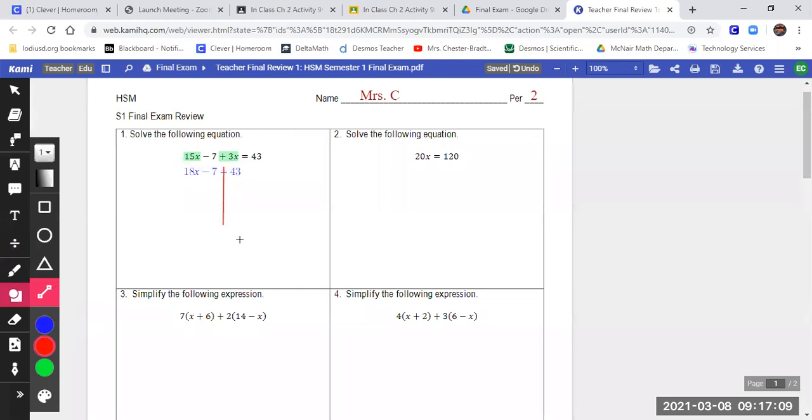Okay, first piece is always letters if there's more than one letter. So if there's a letter on both sides, then we have to worry about it. Is there a letter on both sides? No, so we don't have to worry about moving the letter first. We have to get rid of what's with the letter, but doesn't have a letter. So we need to big zero